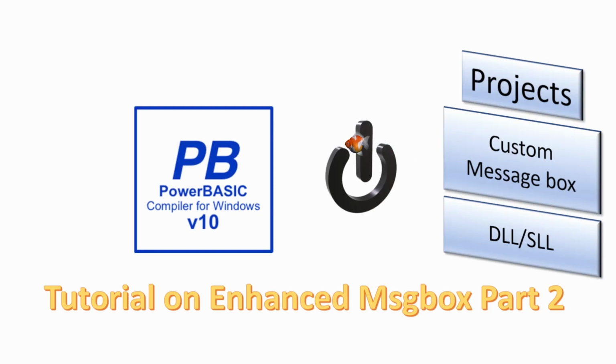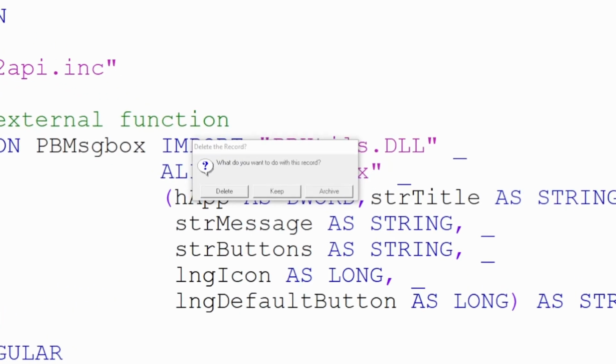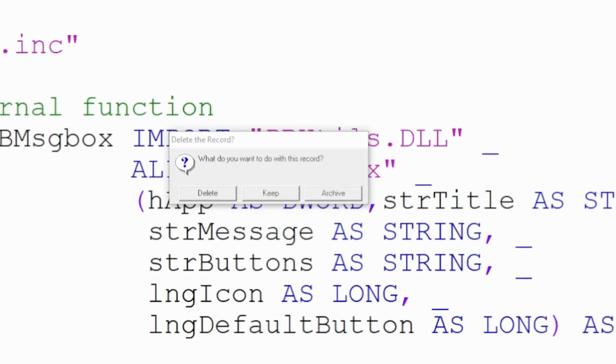Today we will look again at our DLL, containing an enhanced message box function, and add a URL link to the message box. This was our application at the end of the last video. We have created a DLL, and that DLL has inside it a function which will display a custom message box on the user's screen. The purpose of this is to allow more than the standard 3 buttons on a message box, and we can name each of the buttons quite independently.